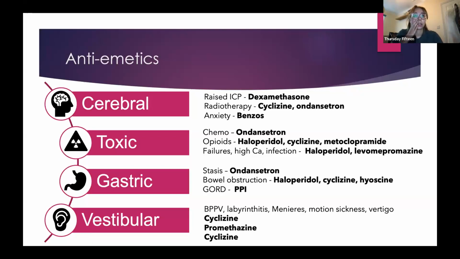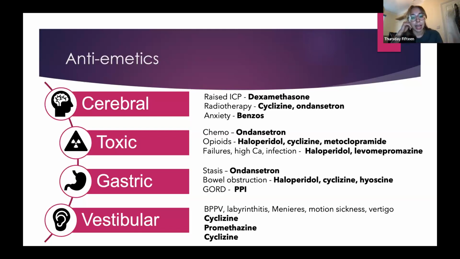So in terms of the gastric nausea, like I was saying, minimal nausea and then infrequent large vomits, which help relieve it. So gastric stasis can be caused by things like liver mets, ascites, gastric cancer, gastric outlet obstruction, and different medications can slow your gastric transit. That's quite well treated with ondansetron, or things that stimulate movement out. If there's no absolute obstruction, you can use things like metoclopramide, which is a prokinetic. But if we know that there's absolute bowel obstruction, then we wouldn't use that, obviously. So bowel obstruction can be treated well with haloperidol, cyclizine, and hyoscine.